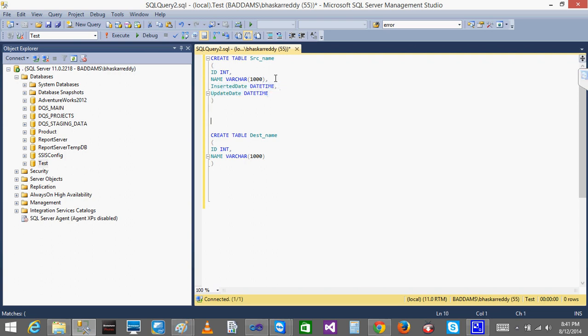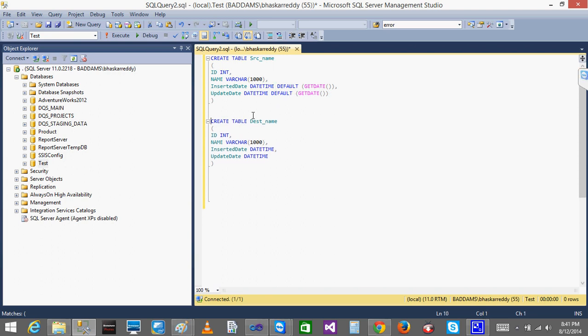I'll copy this one. Done. Now I'll keep a default for update and insert date time, using getdate. I'll paste it here also. Done.